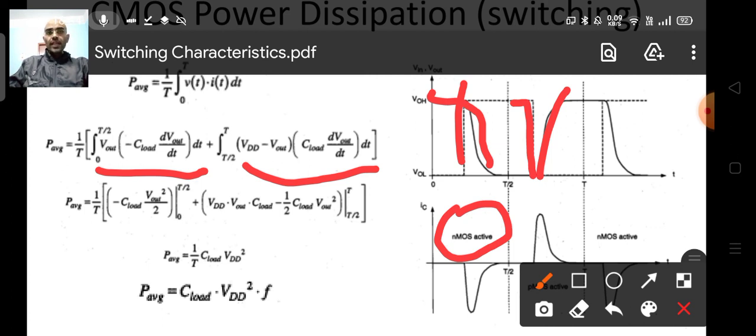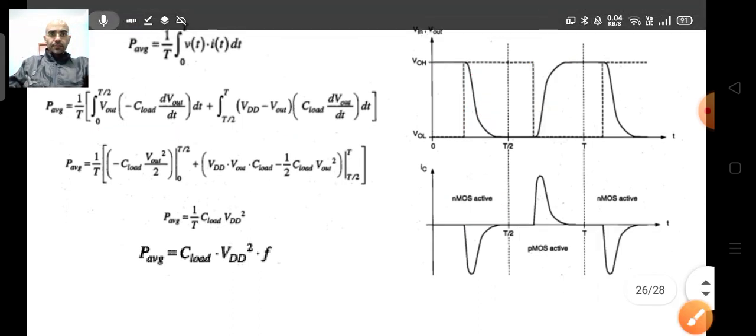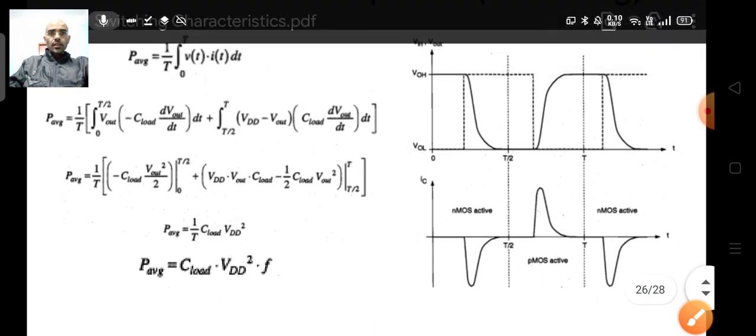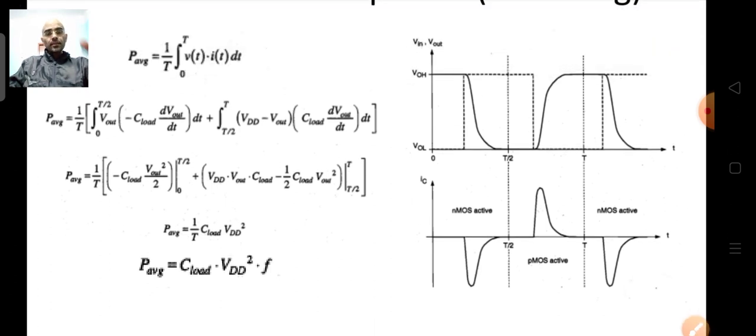So we have to rewrite the first equation. There we had written the total time range from 0 to T, but from 0 to T it is operating in two different regions, one for charging and one for discharging. So we put different limits: 0 to T/2 for the discharging case, and T/2 to T for the charging case.